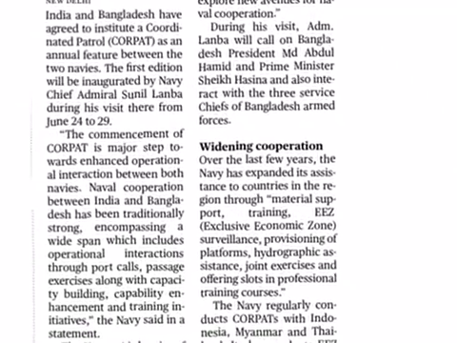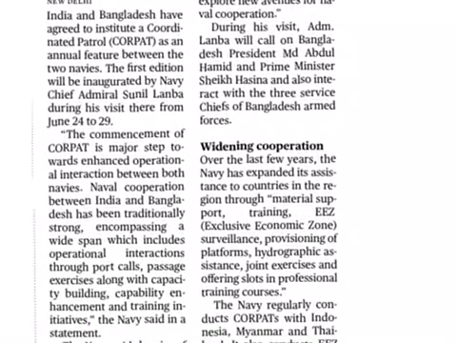Our next article is India-Bangladesh navies to join hands. In this article, we can see there is a mention of a term called exclusive economic zone. Now we will see what it is.